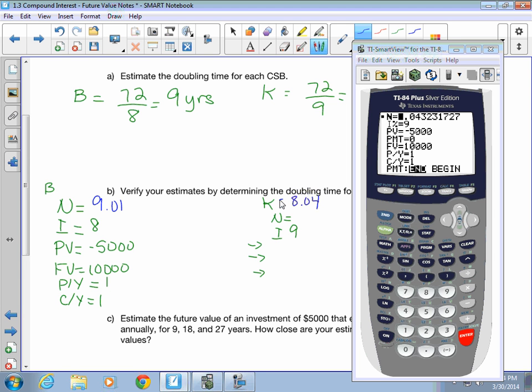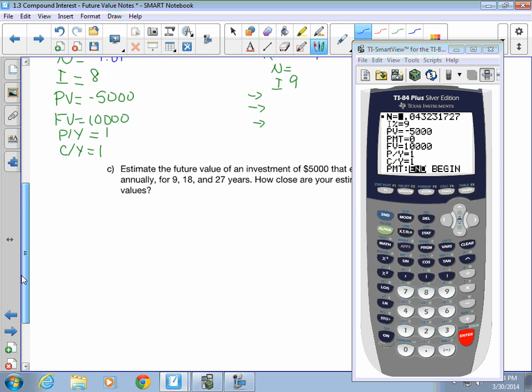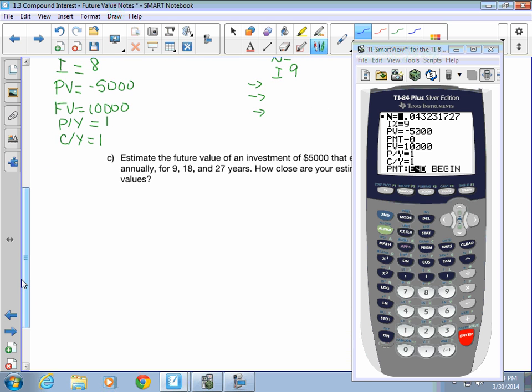So 9 years, where are we? Estimate the future value of an investment of $5,000 that earns 8%. So in 9 years, we want there to be $10,000. In 18 years, then, we want there to be $20,000 because we want it to double. And then again in 27 years,